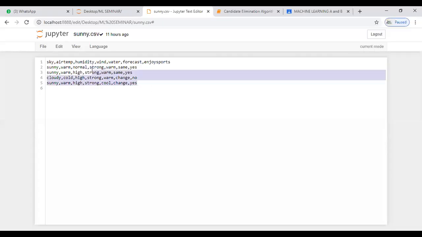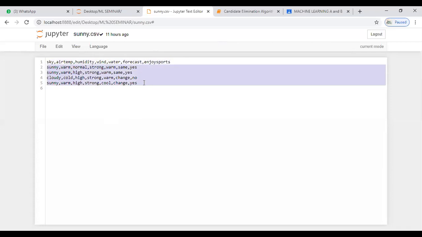See, this is my data set. This is the data set that ma'am has given for the assignment. So you can find the attributes as sky, air temperature, humidity, wind, water, forecast, and enjoy sport. Nearly we have 7 attributes, and we have 4 records. That is sunny, warm, and here we have 3 positive records and one negative record. That is, the third record is nothing but the negative. And in the explanation, I had taken cloudy as rainy, but it's okay because the cloudy opposite is also sunny. Now coming, now it's actually fine.